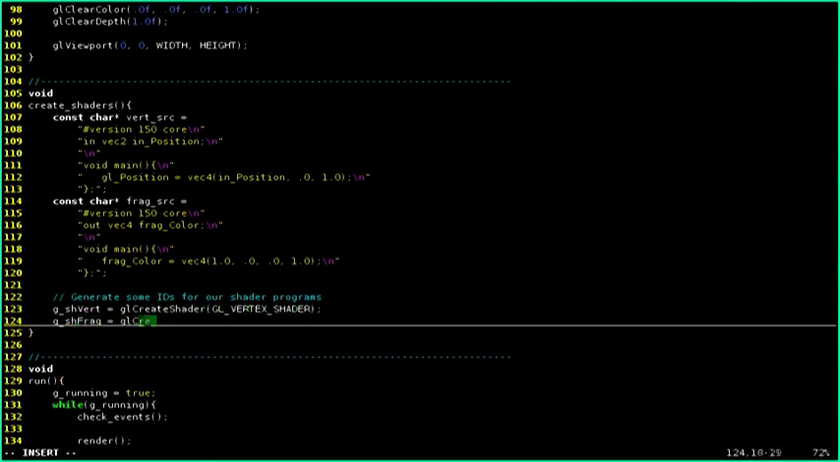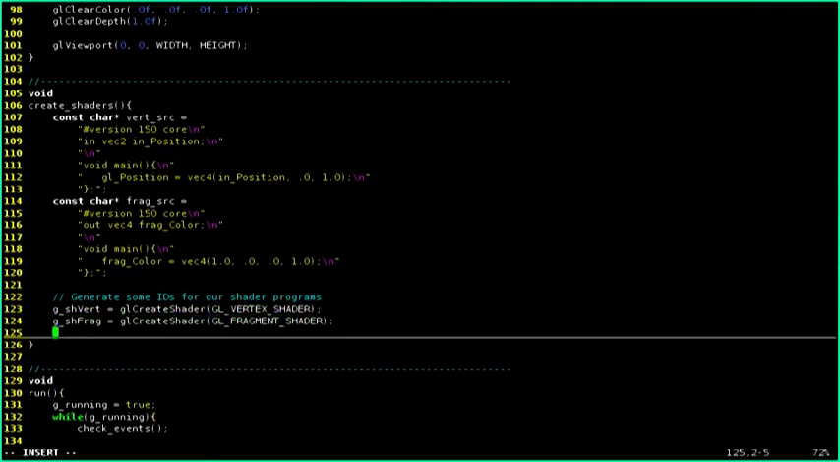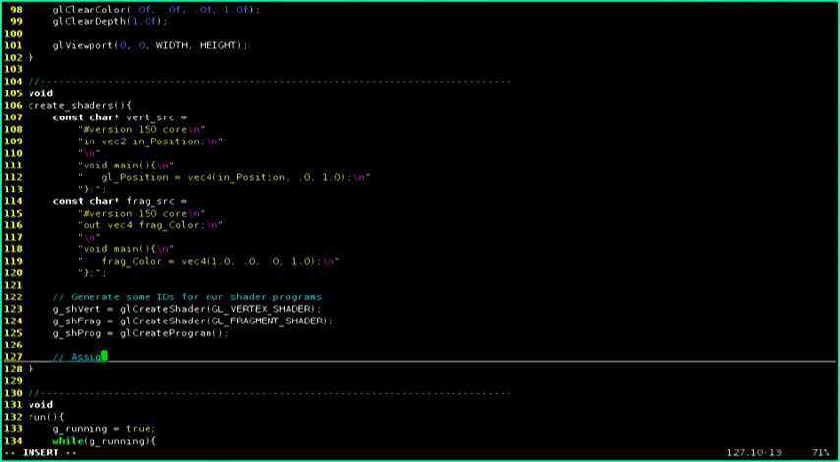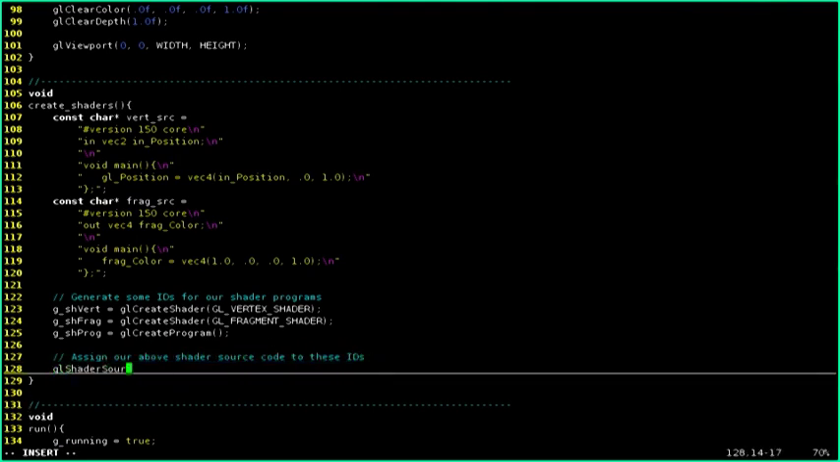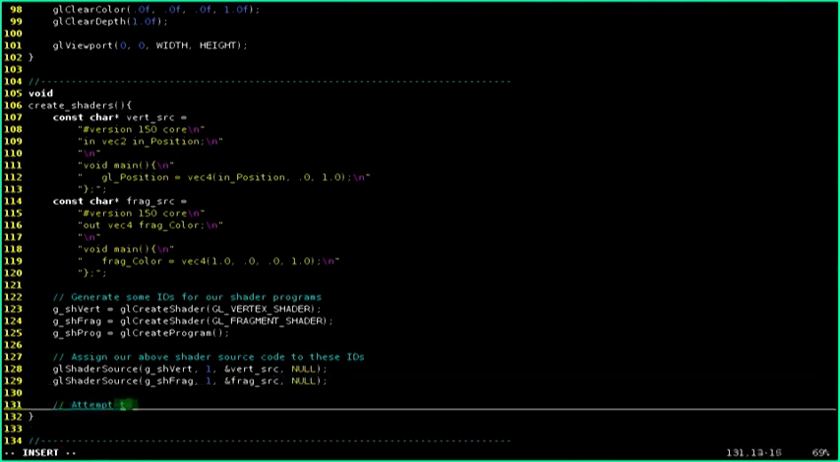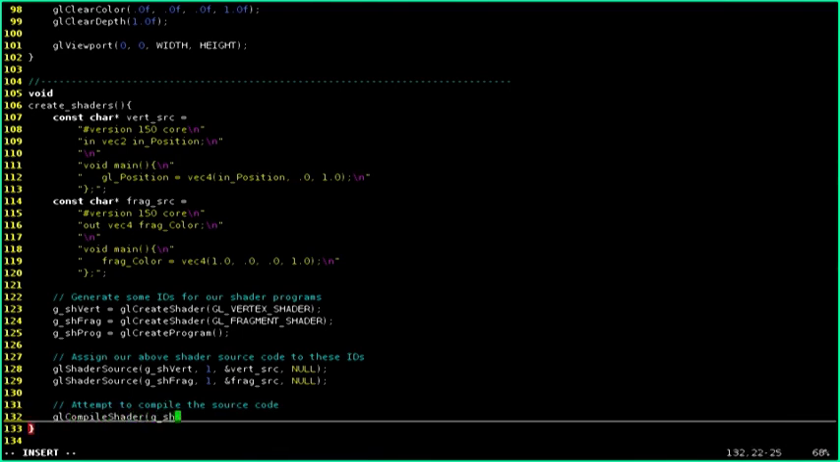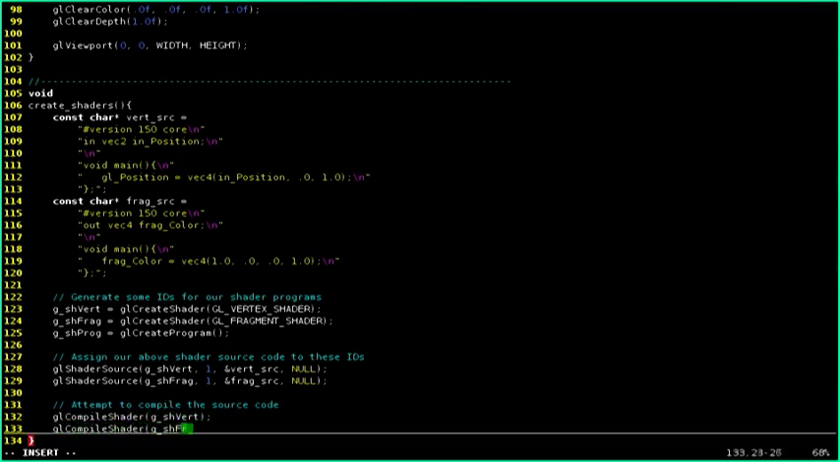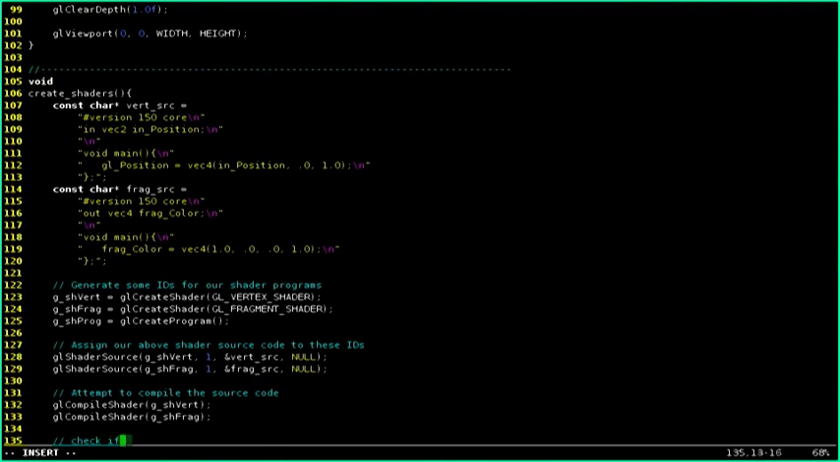So now we tell OpenGL we want to create some shaders, a Vertex Shader and a Fragment Shader, so it returns us some handles or IDs. Now the source code we've just used, we can assign to these shaders respectively. The gshprog will be the program that encapsulates the two shaders, links them together basically. So now we try to compile each of the shaders,